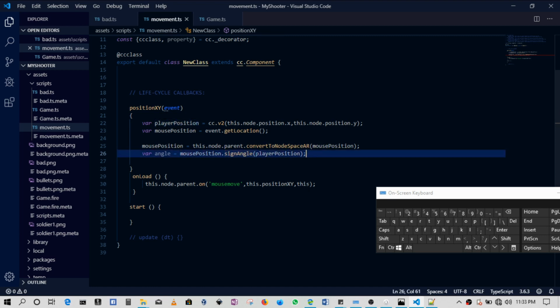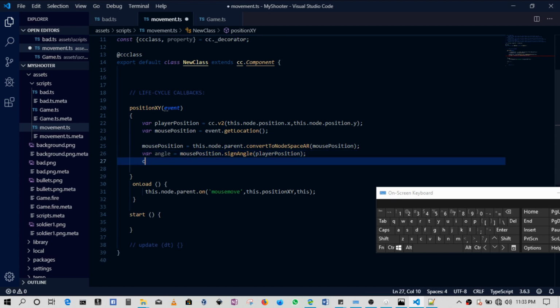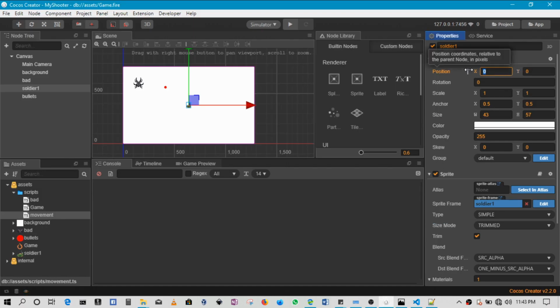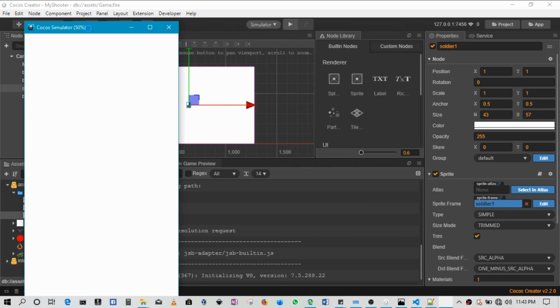So in this case, that's what we need to do. I will just log this also, just so that you see. Okay, so before I show the output of this, I'll just make sure that this is set to any number but 0. So the sine angle function has issues with 0. So this time when I run it, you'll see that it should be able to give me